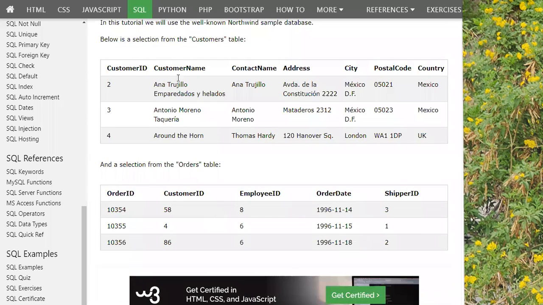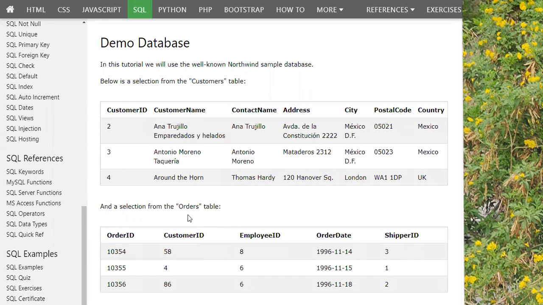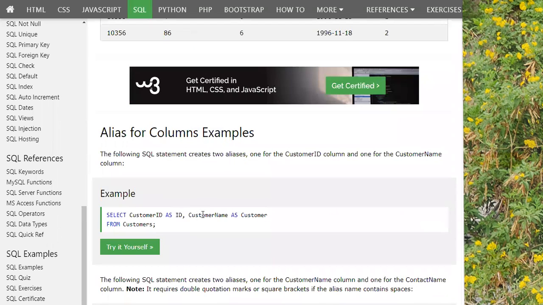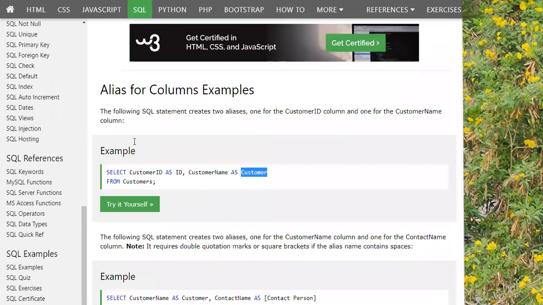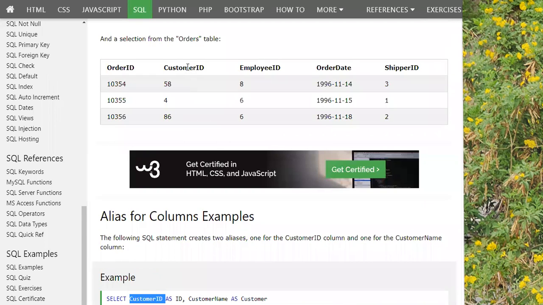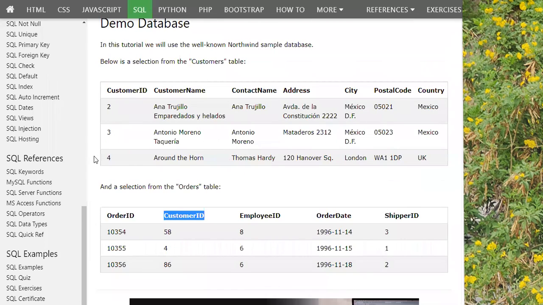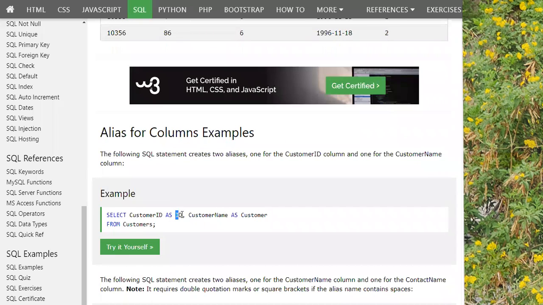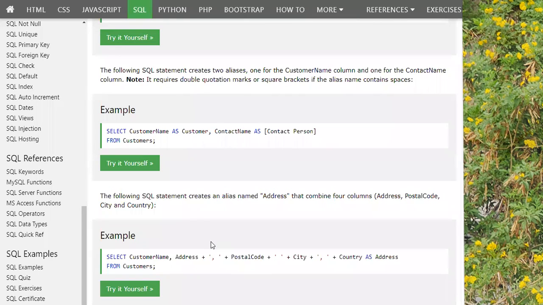So if there is a customers table and the orders table given here as example: select CustomerID as ID and CustomerName as Customer from Customers. So this is the name of the table. This is the actual name of the attribute in the table, right? And these are the aliases given to them. So it can be vice versa. Even short forms can be given and long forms can be in the table. So whatever the situation demands, you can do the alias.